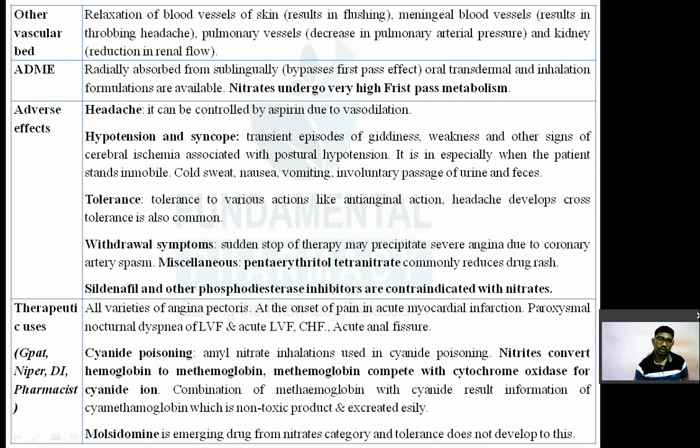अदर वेस्कुलर बेड के ऊपर क्या एक्शन है, दूसरे वेसल्स, मतलब पेरिफेरल ब्लड वेसल वाले. सो रिलैक्सेशन ऑफ ब्लड वेसल्स ऑफ स्किन. ब्लड वेसल को क्या करेंगे, रिलैक्स करेंगे. तो उसमें क्या होगा, आपको एक फ्लशिंग मतलब वार्मनेस, गरम होता है. जब आपका ब्लड वेसल डायलेट हो जाता है तो वहाँ पे ब्लड वेसल डायलेट होने के कारण वहाँ पे permeability increase होता है and that leads to flushing.